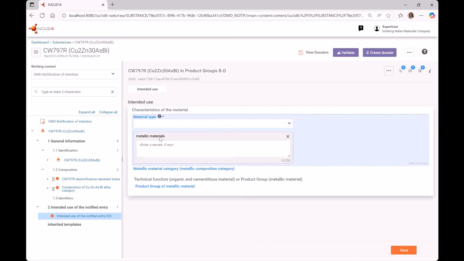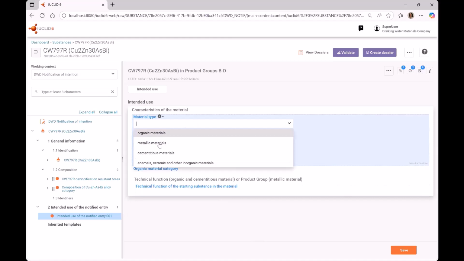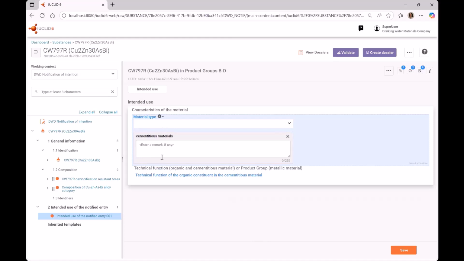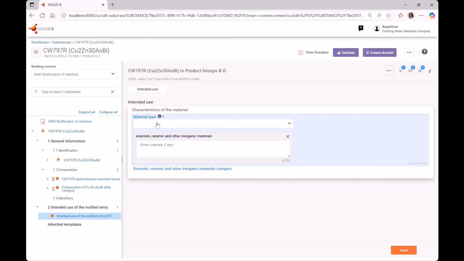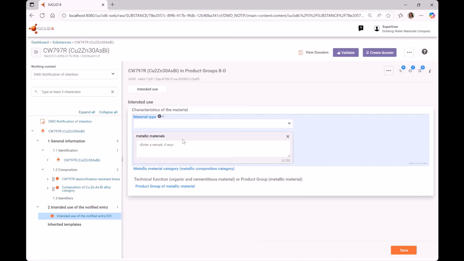I selected already metallic materials type. I would like to draw your attention to the fact that selection of this material type determines which fields are displayed later on. So if I would have, for example, organic material, I will see that I need to fill organic material category and technical function of the starting substance in the material. For the cementitious materials, I will have technical function of the organic constituents in the cementitious material, and also another fields for enamel, ceramic, and inorganic material category. So I keep metallic materials,